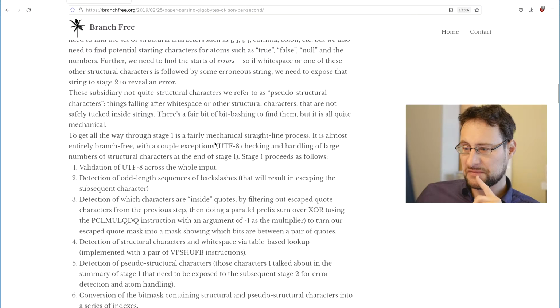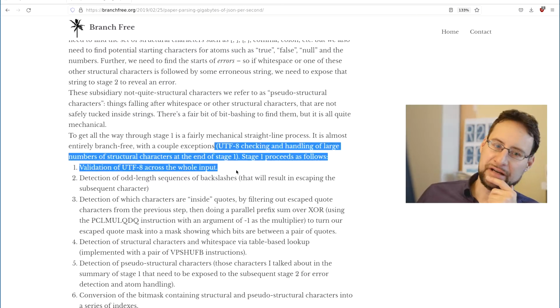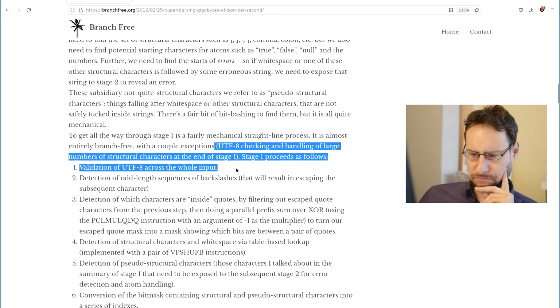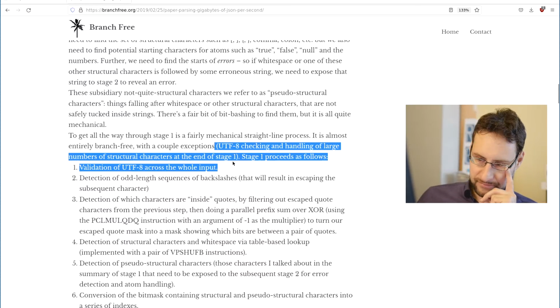UTF-8 Unicode checking. So what this means is, because UTF-8 has this variable length encoding, validating, for example, that this is not too long. Like, think, what is the maximum? Usually 4 bytes, I guess. You need to read the spec, unless I extended that. But like that, you don't have infinite amounts of variable lengths. Highest, most significant bit set prefixes there, or in general also validating the Unicode ranges potentially.